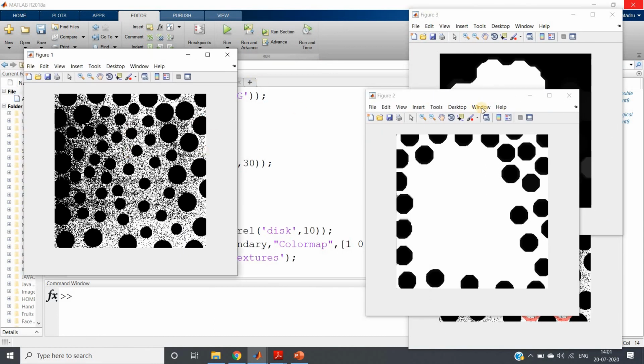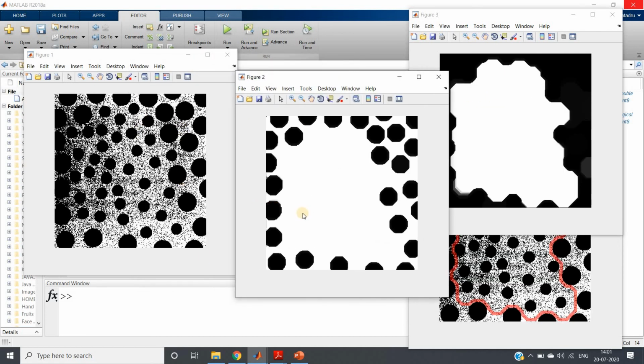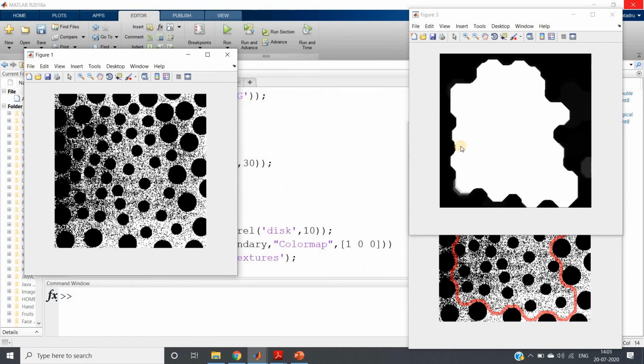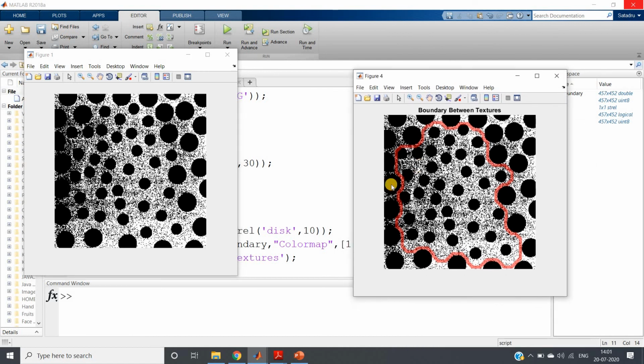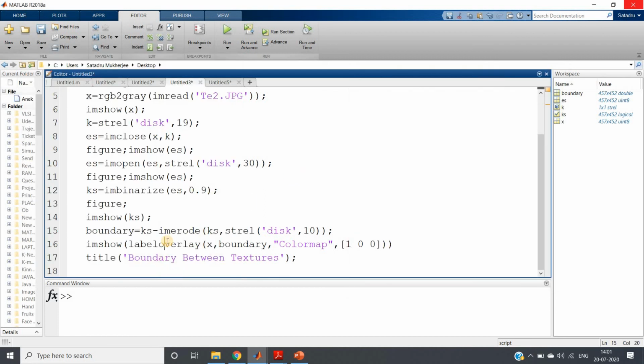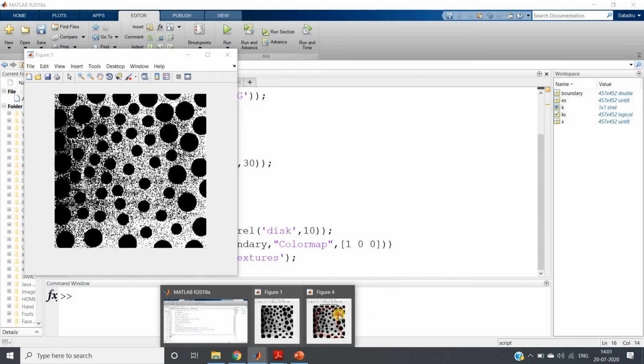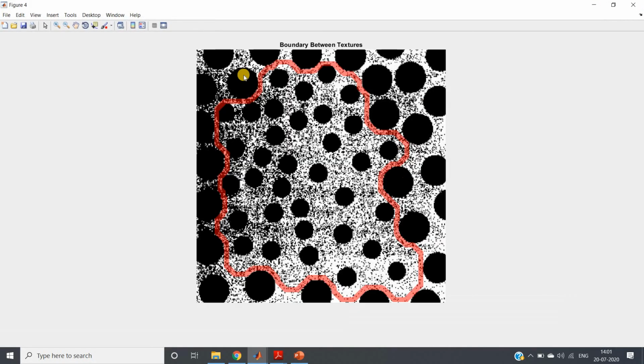So this is my original figure. This is figure 2, where all the small objects are removed, only having these bigger objects outside or close to the boundary. Then we are joining all the boundary objects and creating this particular segment using our thresholding, and then we are extracting the boundary from this and overlapping that boundary using our colormap. Labeloverlay is the inbuilt function, very important for this kind of beautiful segmentation. And you can see how beautifully our algorithm has segmented the two different textures present in our image, right?